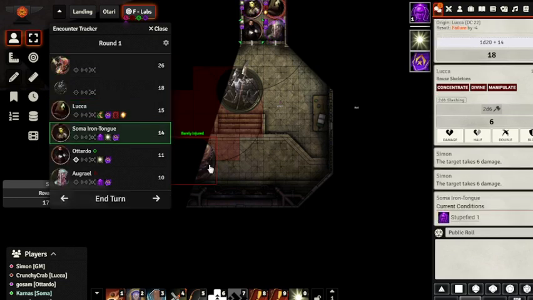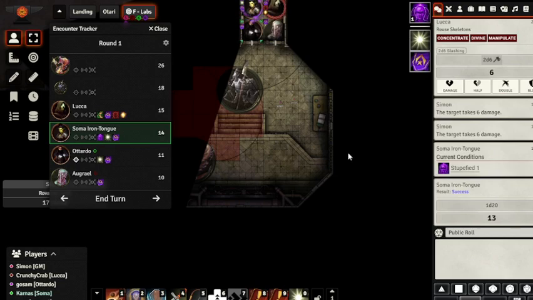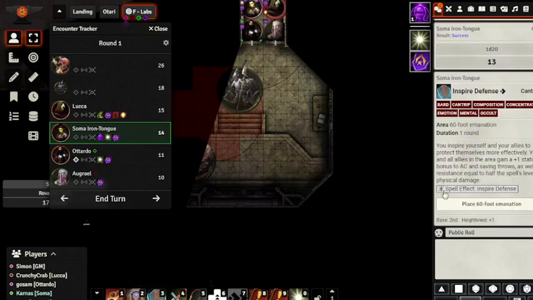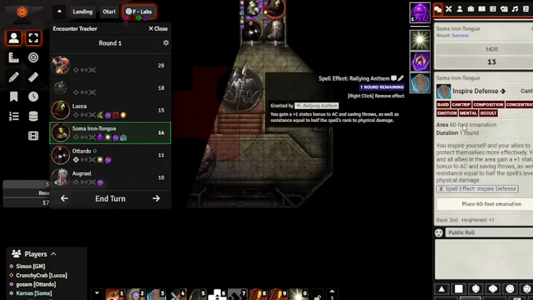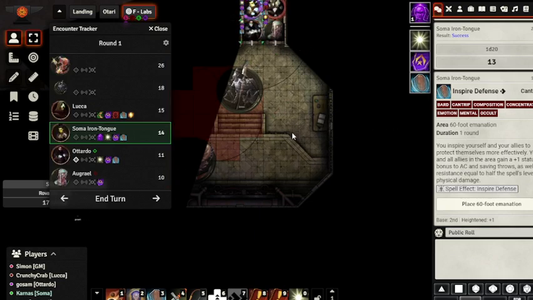Soma. Okay, Soma, you shouldn't be stupefied anymore. I was stupefied 3, so I only reduced it by 2. So unfortunately, I am still stupefied, so I will have to do the check. But thankfully, it is DC 6, so I'm glad it will be an easy check to make. And yeah, okay, let's go with inside defense for everyone. I learned my lesson. I will not prolong it